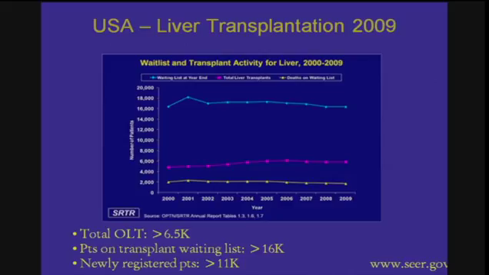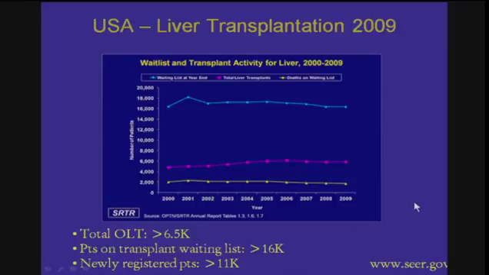Just to give you some background of how many people need liver transplants, in 2009, these are the latest statistics from the Transplant Network, and there were over 16,000 patients on the transplant waiting list, newly registered patients over 11,000. Unfortunately, the total number of liver transplants is only 6,500, so you can see that there are a lot of